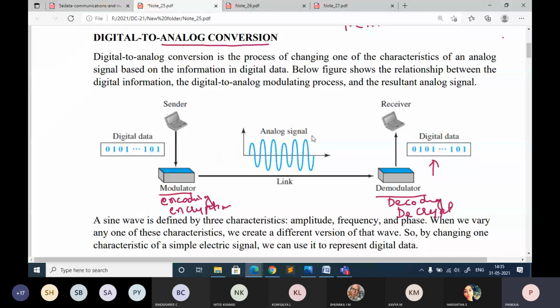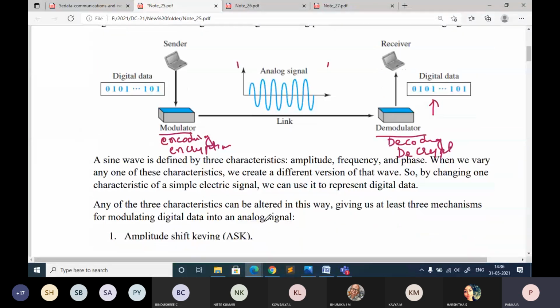Now we are going to focus on representing the data in terms of analog. Normally you will not get any problems with respect to this topic. You may get a question like, explain different digital to analog conversion methods. Then you have to explain all the different methods I told now. Or you may get a question like, explain FSK, ASK, PSK. The question can be of any type, and you should be able to answer.